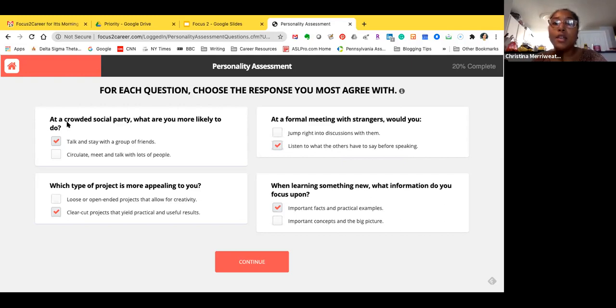Because knowing your personality will also help the student better understand what type of work environments they thrive in. Do they like something fast-paced? Do they like a lot of activity around them, whether it's in social settings, educational settings, or professional settings? Because more often than not, if you are someone that says, I don't really like when it's too busy, I like something to be quiet so I can focus, and that for the most part across the board, that's how I am,